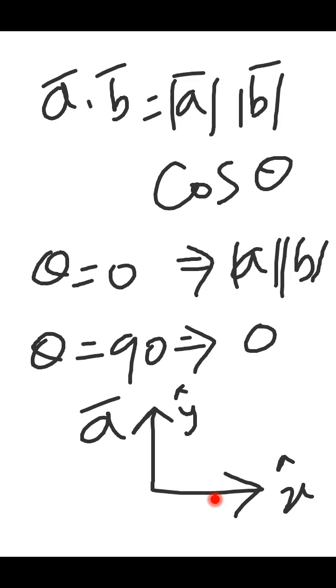If the vectors are exactly perpendicular, there will not be any component. Then you will get your answer 0. If I choose some vector like this, you will get some relation because your x cap and the vector are now going in the opposite way. You will get some negative answer depending on your theta and AB, because the magnitude is the same, but it is going in the opposite direction.